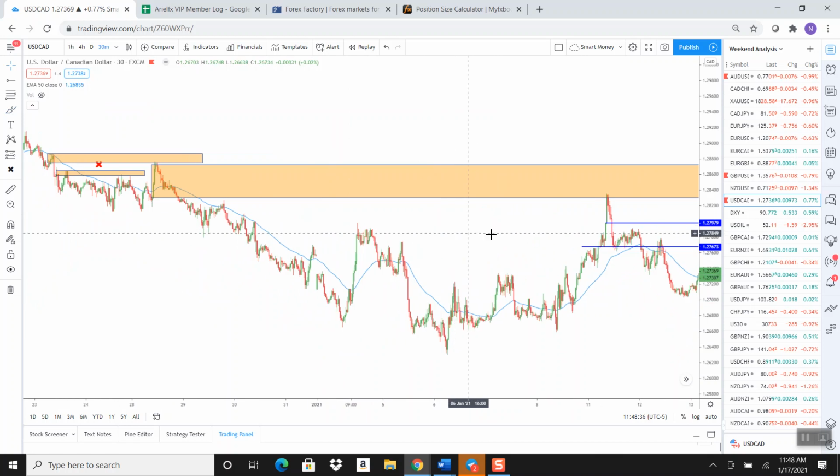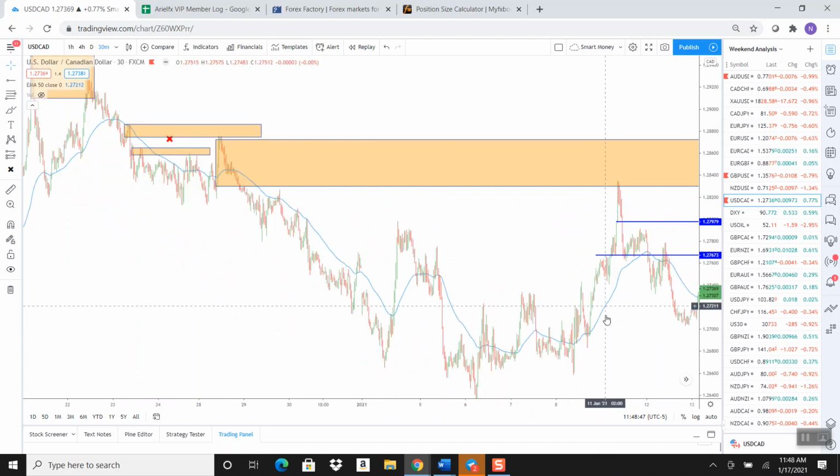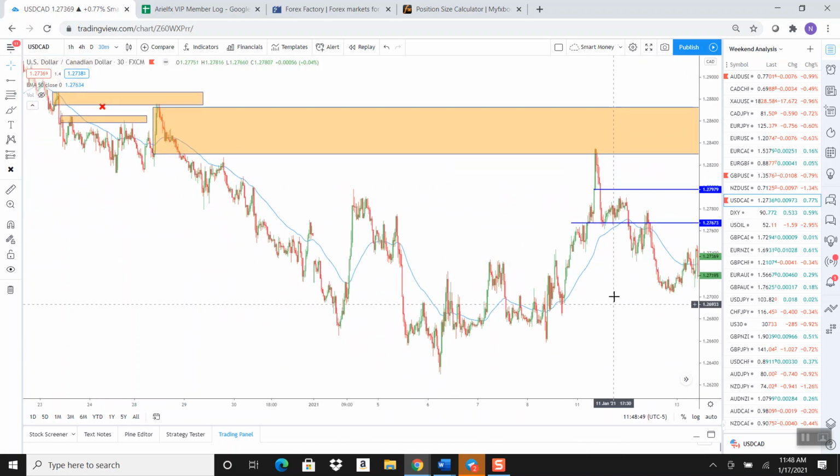So why did price stop in here? Well, it's because we came back up into this last buying volume that initially swept liquidity and came into that supply level. Now, I break this down way more in depth, not specifically this pair right now, but